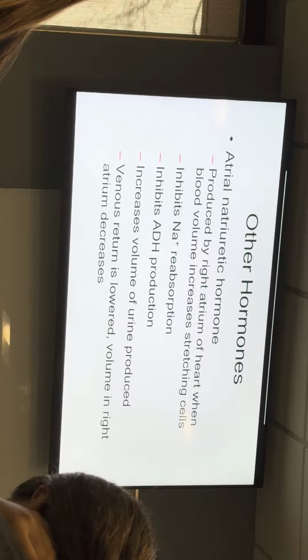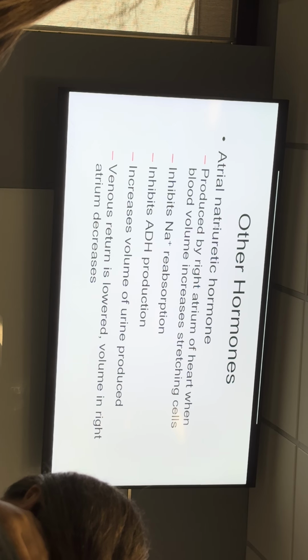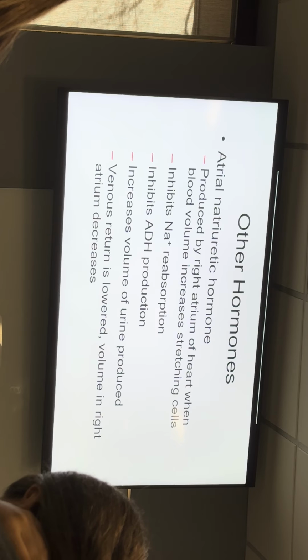There are others. So what will happen is the right atrium will get stretched too much, it'll release atrial natriuretic hormone, and that makes you inhibit your sodium reabsorption, so you pee more sodium out, and inhibit antidiuretic hormone production, so you can't reabsorb the water, and so you pee out sodium and water follows the sodium. So you get an increased volume of urine produced, and that urine literally came from the plasma of your blood. So your blood volume will go down, and your blood pressure will then go down, and so less blood will flow back to your right atrium.